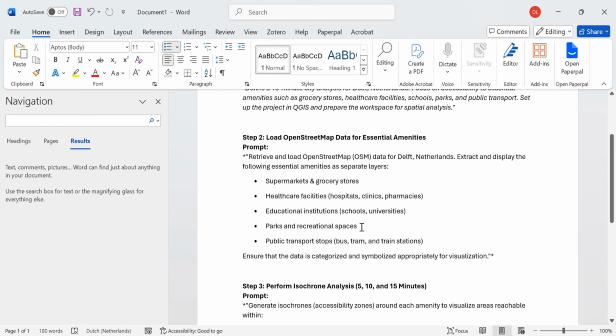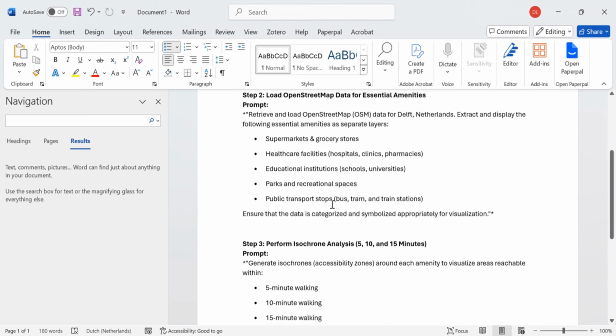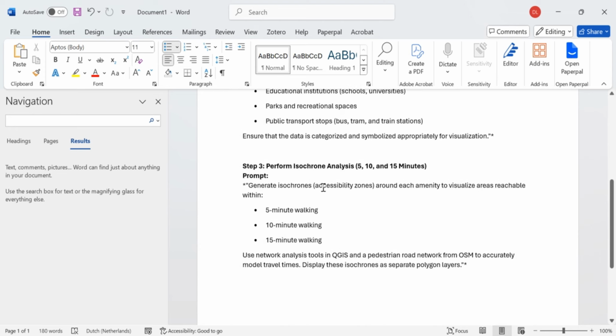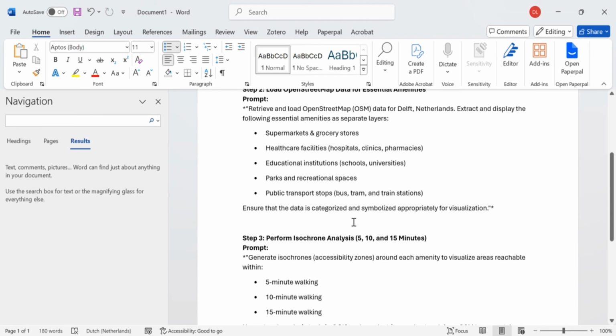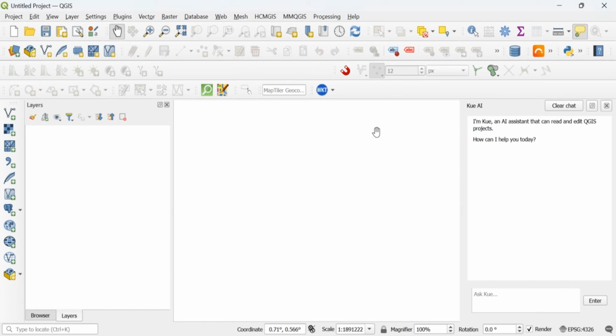Otherwise, you need to put in a lot of prompts before the model understands. So basically just ask any AI model out there like Claude, DeepSeek, or ChatGPT to give you some prompts that you can just copy paste. And of course, here I wanted it to generate isochrones with 15-minute walking, but you still need to refine this a little bit better to get the best out of this Q model. But yeah, let's give it a try.